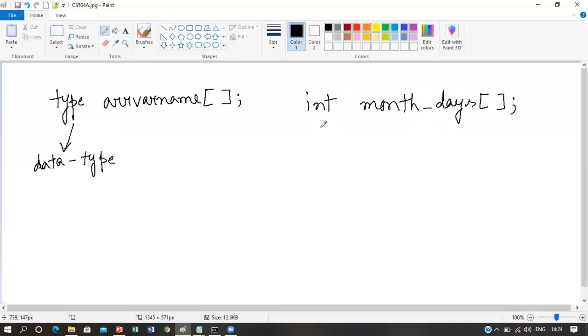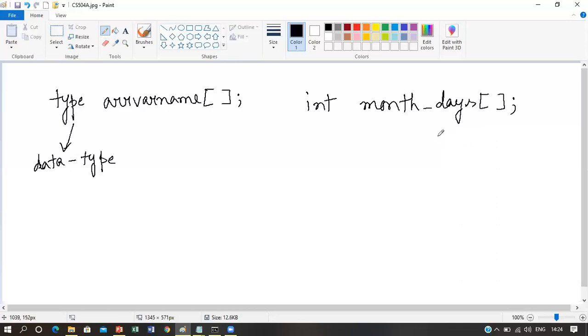Now, although this declaration establishes the fact that monthDays is an array variable, no array physically exists in memory. In fact, the value of monthDays is set to null. When you declare it like this, the value of this monthDays array is set to null, which represents an array with no value. If you declare an array like this in Java, no memory allocation will be done and the array will not physically exist in memory. Moreover, this array variable monthDays will actually be set to null. That means it indicates an array with no values.